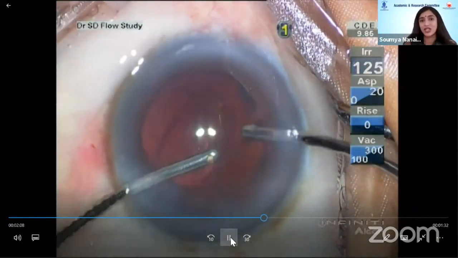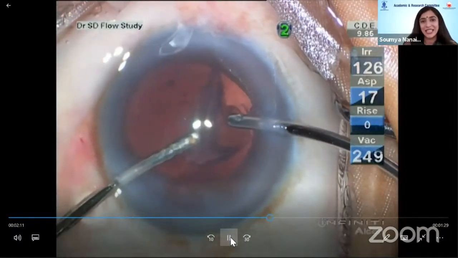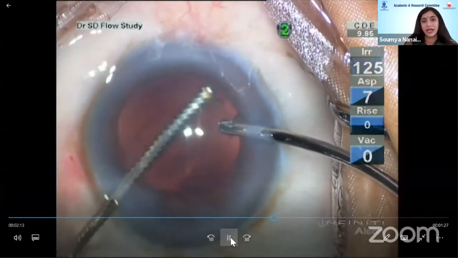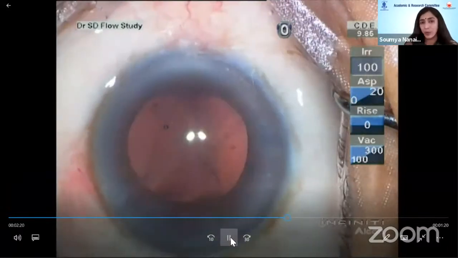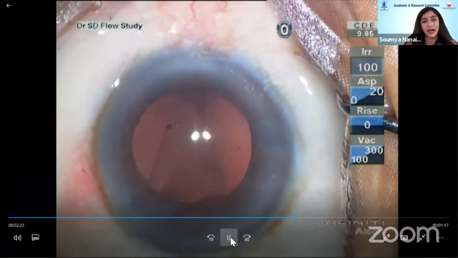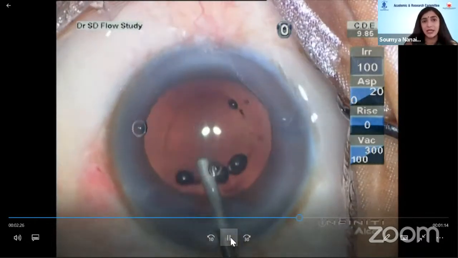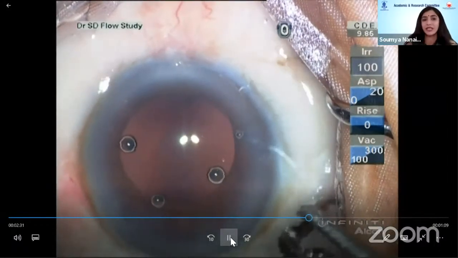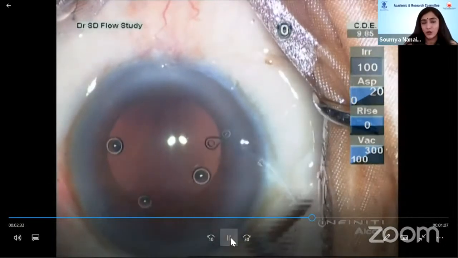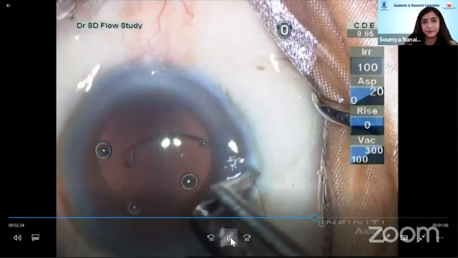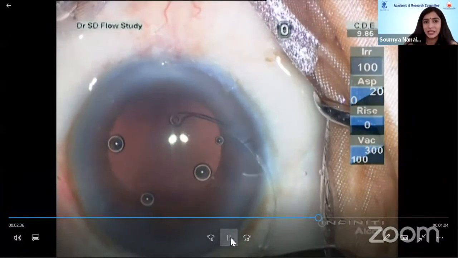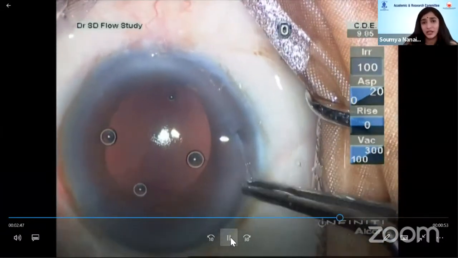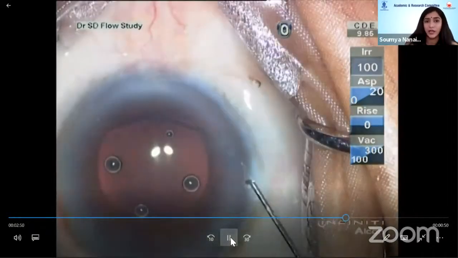But fortunately for the patient, Lady Luck was on his side, so it went well. And in this case, I then went ahead and implanted a CTR through the side port. But at this point, I actually prefer to use the CTR injector. I think it is by Epsilon, and it has totally changed the game for me. It's made it extremely convenient. So I don't do CTR implantation through the side port anymore. I use the injector. Like you can see now, the CTR is being implanted into the bag. This was a fairly large zonular dialysis, but I think the CTR took care of it